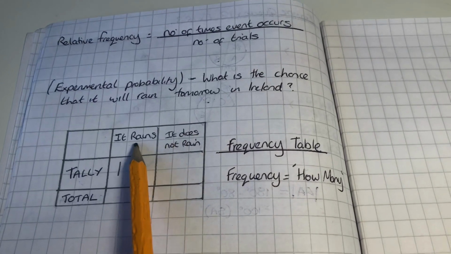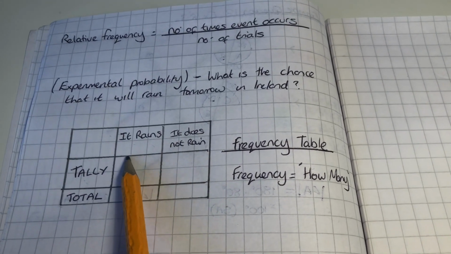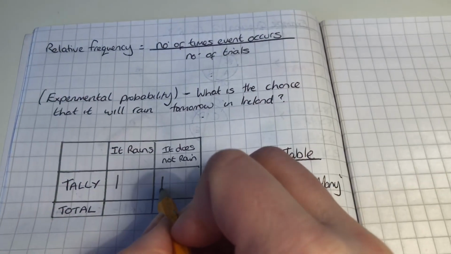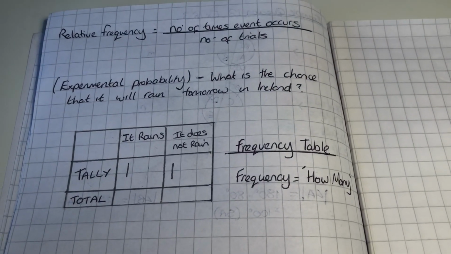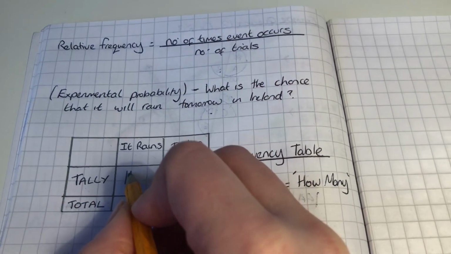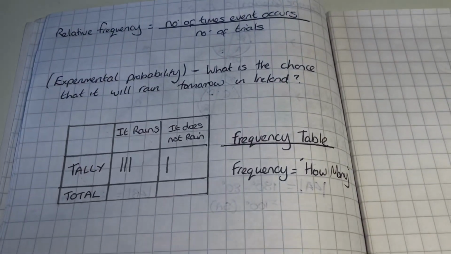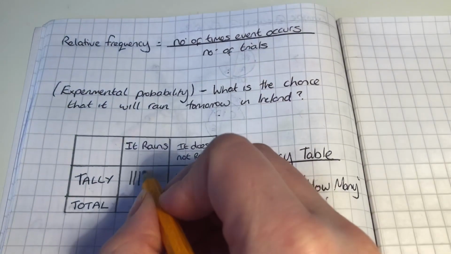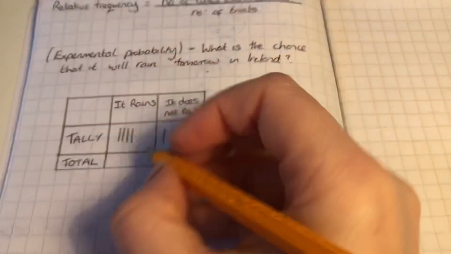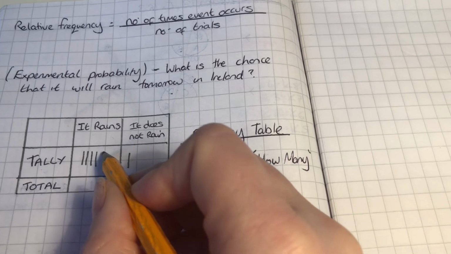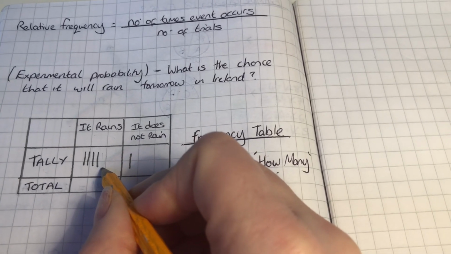So the very first day, it rained, and I put a little mark. The very next day, it did not rain, so I'm going to put a mark in this column. The next day, it rained again, and it also rained again. And it rained again, and let's have a look. Oh, it rained again. So when we get to the fifth tally, rather than writing another line down, we're going to make it really easy for ourselves to count,